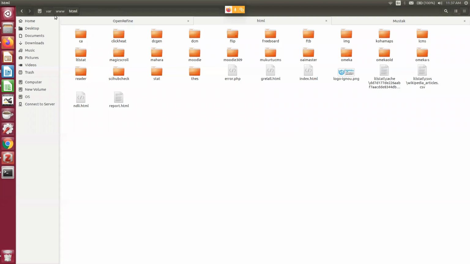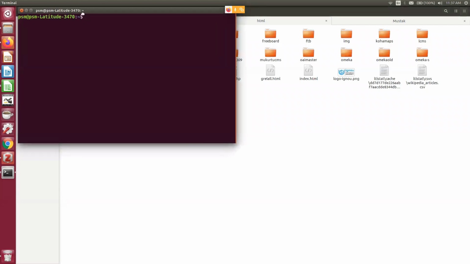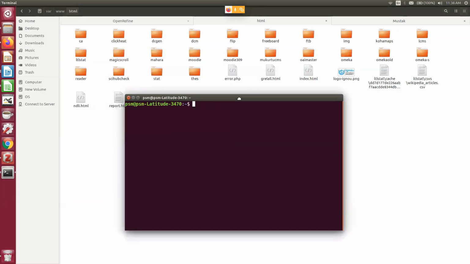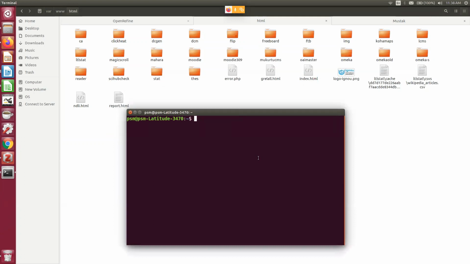So after this, under var www html, you just give sudo chmod 777 -R var www html omeka. So it will make the entire subfolder files under the omeka folder in fact readable and writable by the web server.